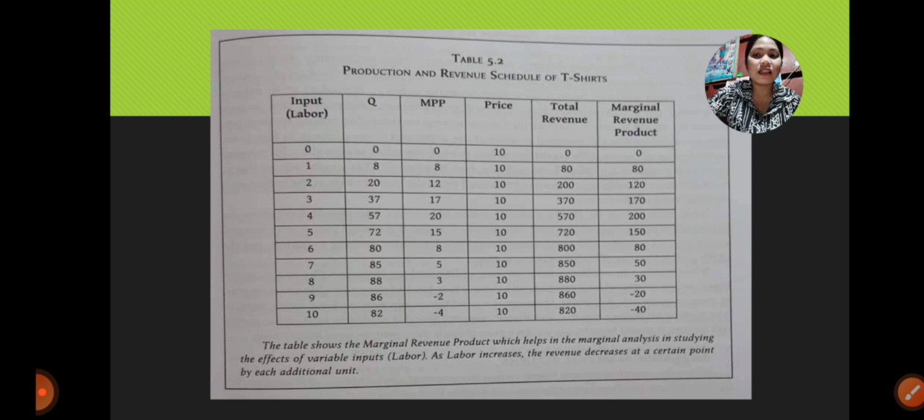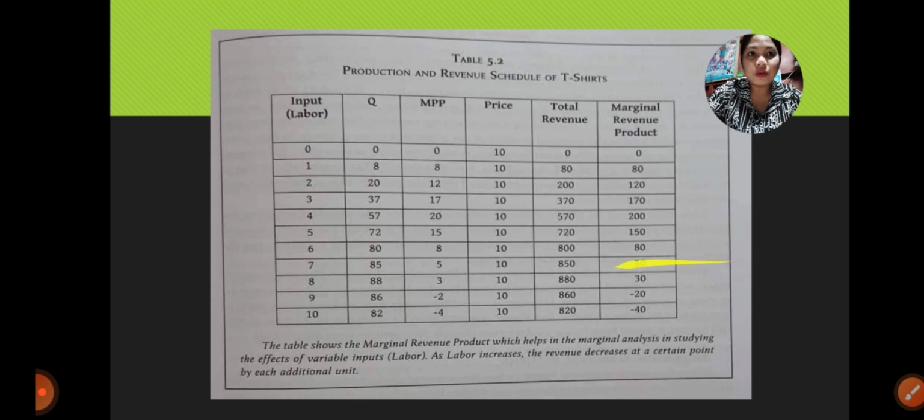Have you noticed the decline in the MRP? This is because of the marginal productivity of the factor input, since according to the law of diminishing marginal returns, because of MPP, at a certain point it will also decline. Therefore the MRP will also eventually diminish or go in the same downward direction.